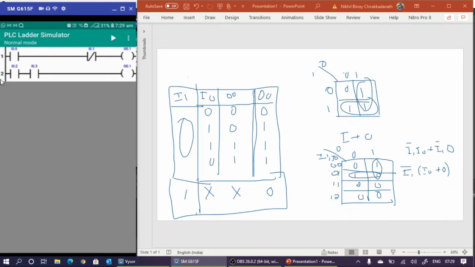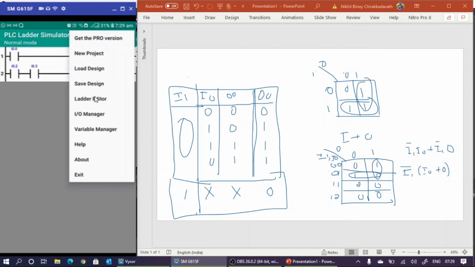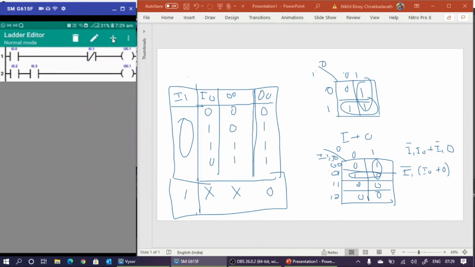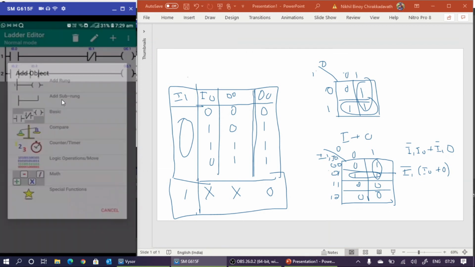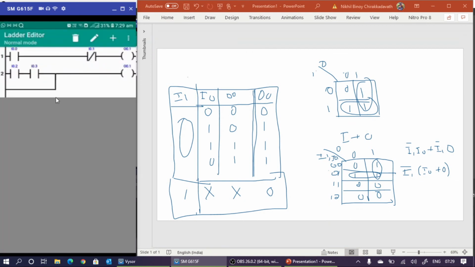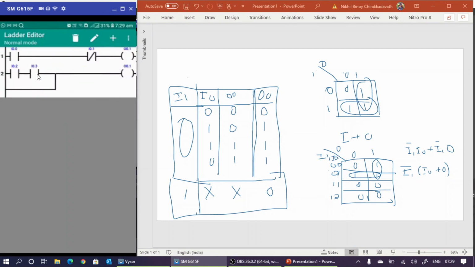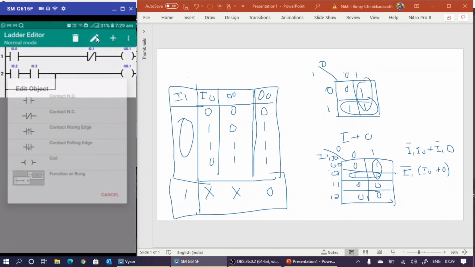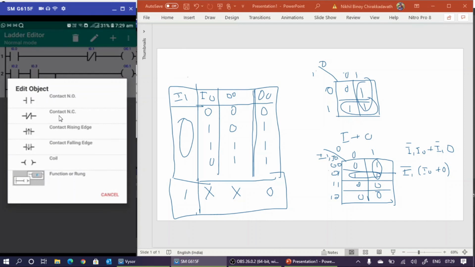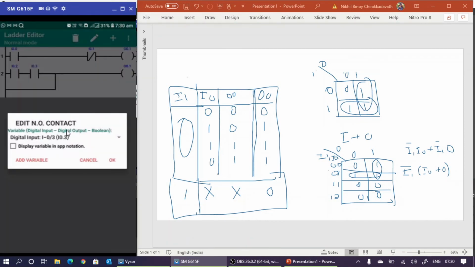Okay. So now I am going to implement a XOR logic here on this one. So select ladder editor. I am going to add a sub run. Okay. So first I am going to select this one, I3, as a normally closed contact. First contact and now this one.